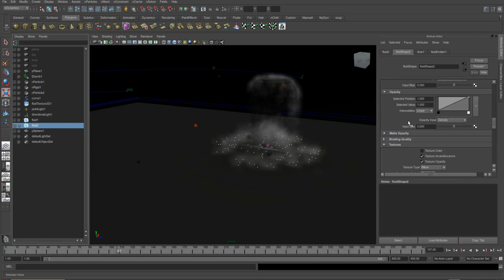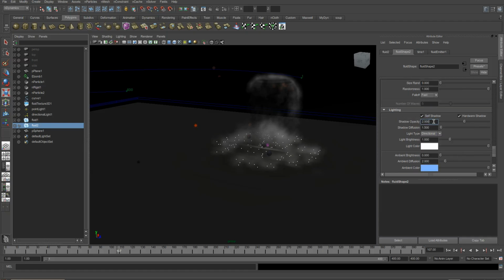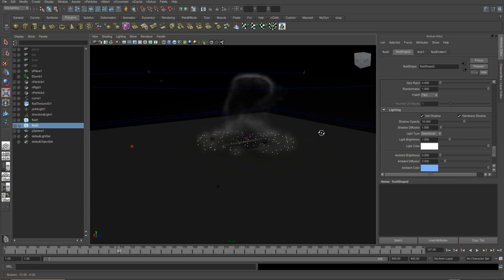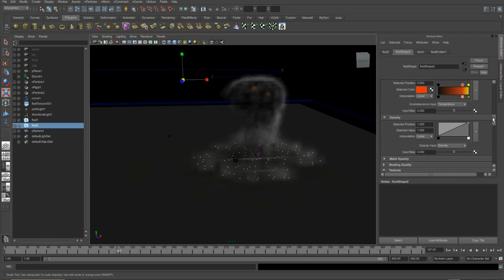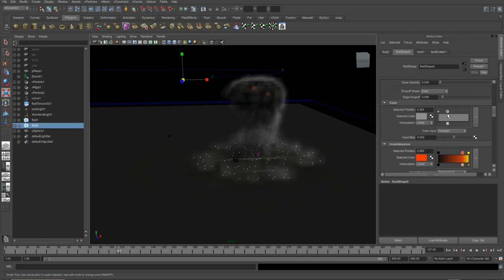Where are we? Lighting is what I'm looking for, which is under texturing, and I can set a very high shadow opacity, and that will sort of help us match that top smoke. And again, I'm going to do the shading the same way I did it for the top smoke. So I want one of these at 601, one at 6,